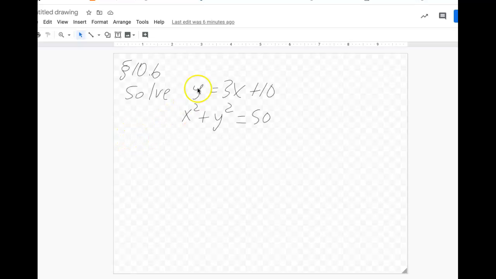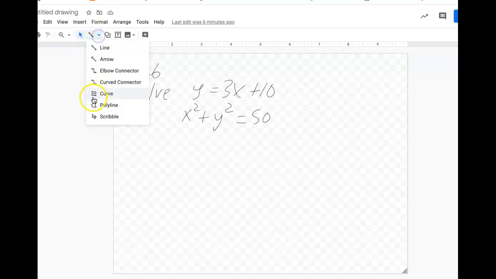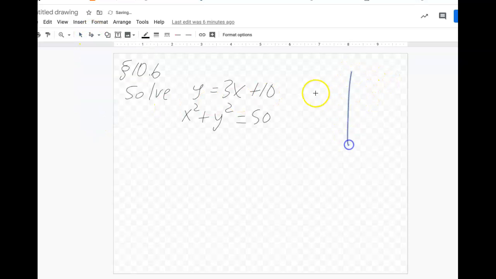And so there's a couple of ways we can do this. You can use elimination or substitution, and I also kind of want to keep in the back of my head just sketches of what's going on and the number of possible solutions I have. And so when you are looking at this, you have your circle, it's centered at the origin and radius about in between 5 and 6, and then